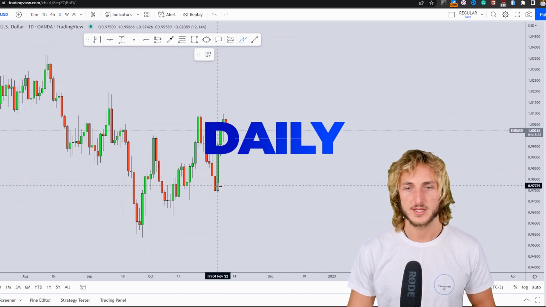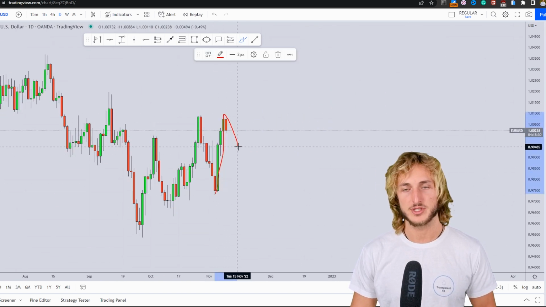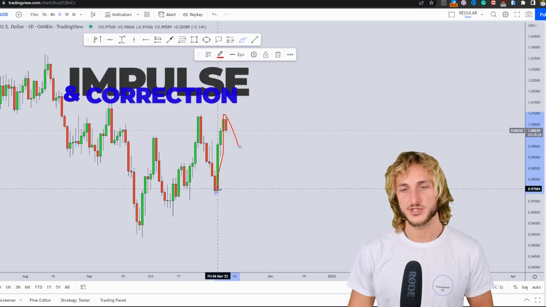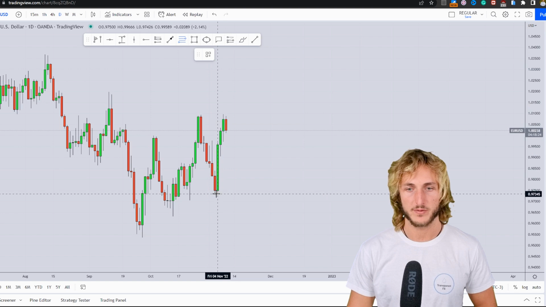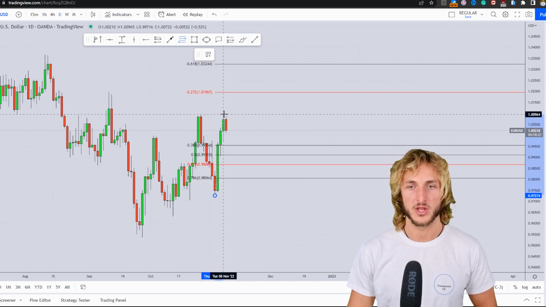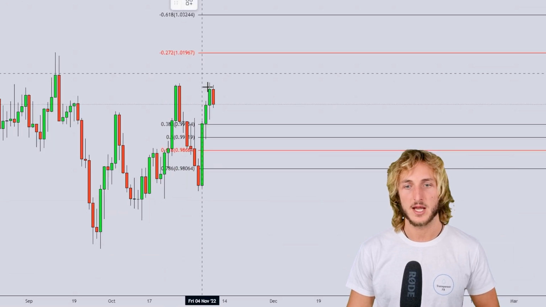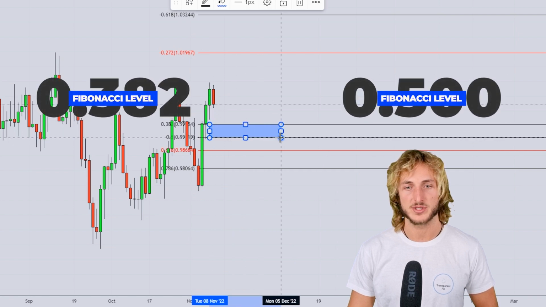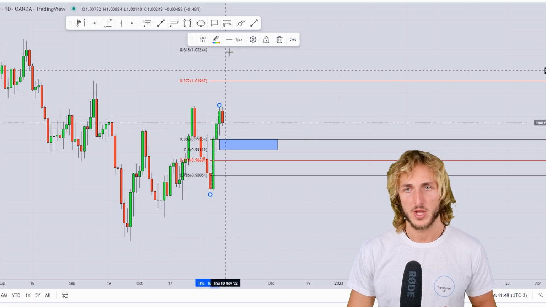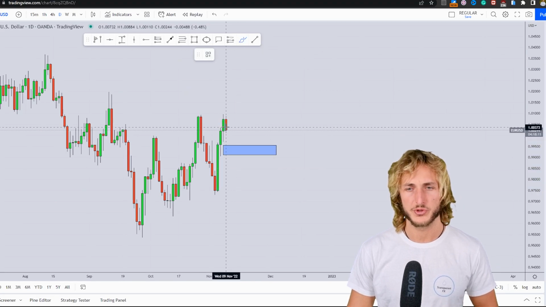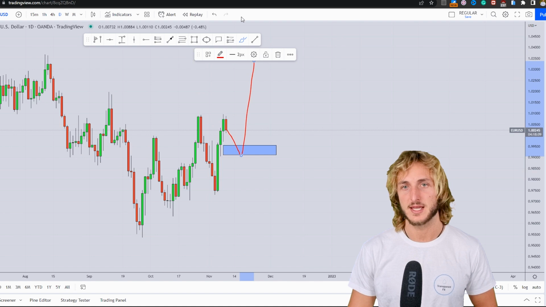Going down on the daily time frame, what do we see? Now here on the daily, we can see a very strong impulse to the upside and now the start of a correction. As we did previously, after an impulse, if we want to measure the correction, we have to take our Fibonacci from the low to the high of the impulse. If we do that, we can see how we have a 0.32 and 50% Fibonacci retracements currently lining up around this area, which is a potentially strong support zone that we could expect this market to test